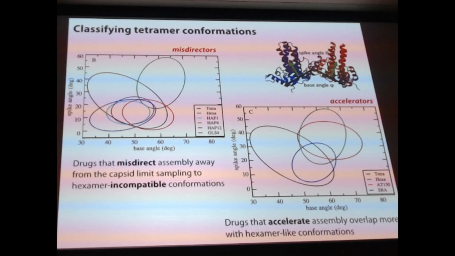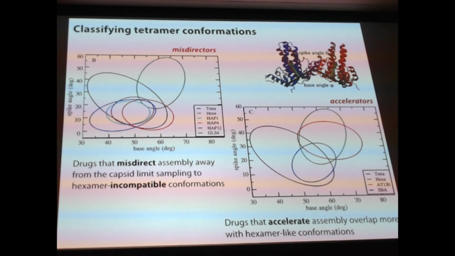Okay. So once we had those for the free state, we decided to simulate it with a lot of different known drugs bound. In this graph, these are HAP compounds. They're known to misdirect the assembly away from the capsid into other unusual structures. And we found that the standard deviation ellipses all clustered down here, so basically at small spike angles,